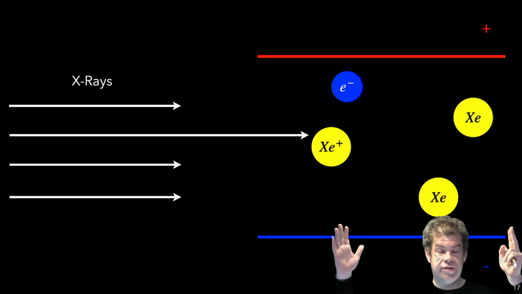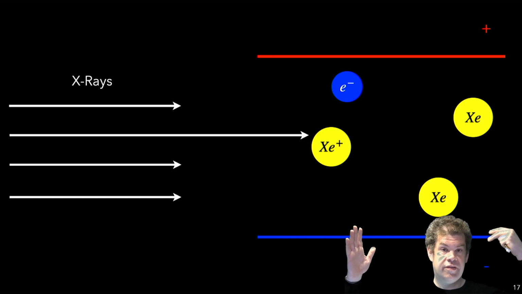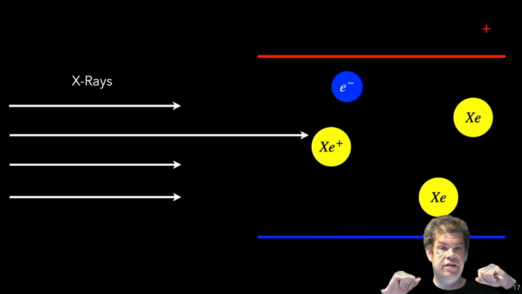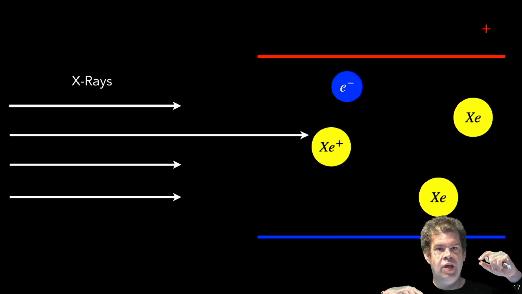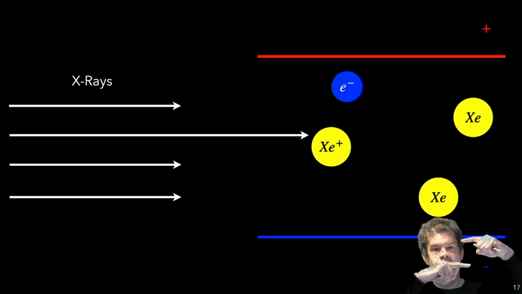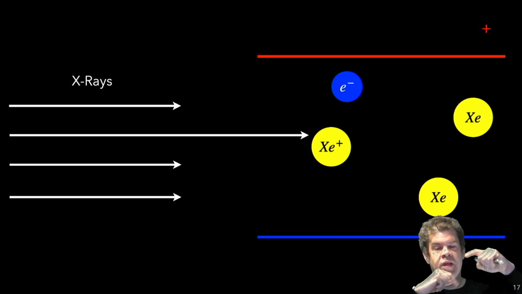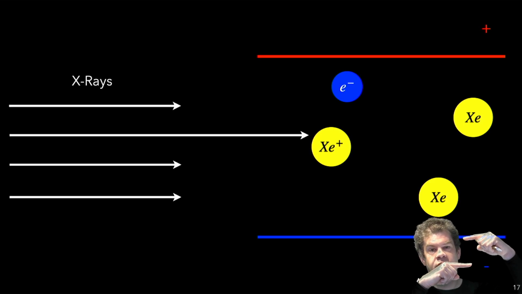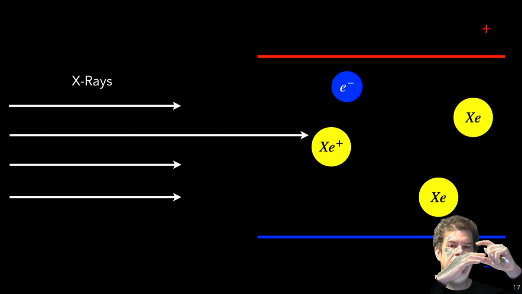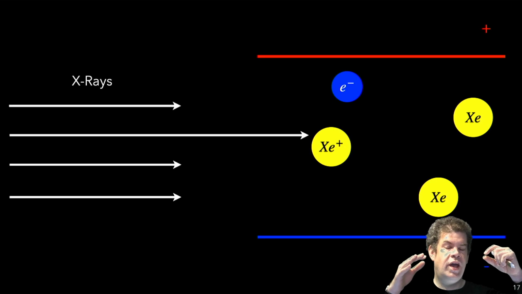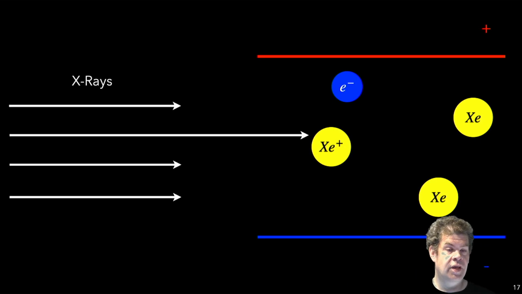So this thing here is in a tube. It has xenon gas in it. It's a fairly small tube though. So we have those two sheets of metal for the anode and cathode, creating a capacitor in between. Now, if X-rays hit this tube, they might hit a xenon atom, and that xenon